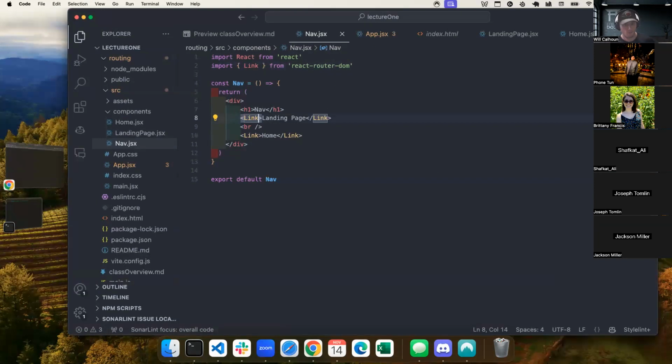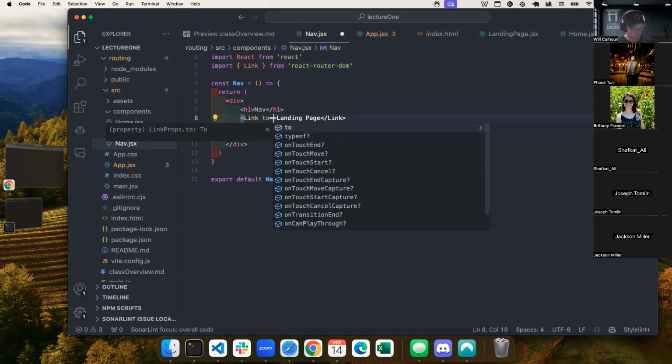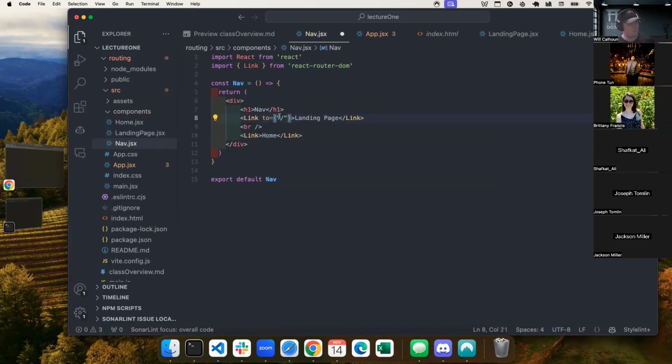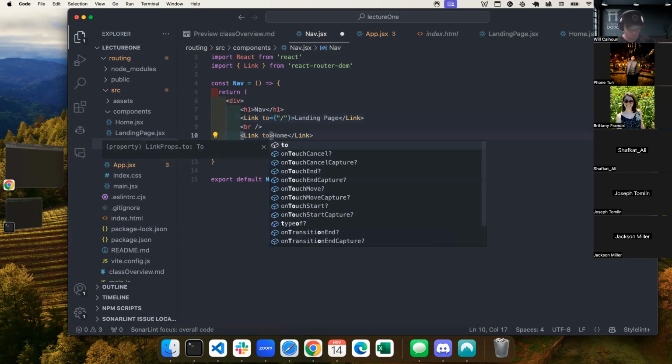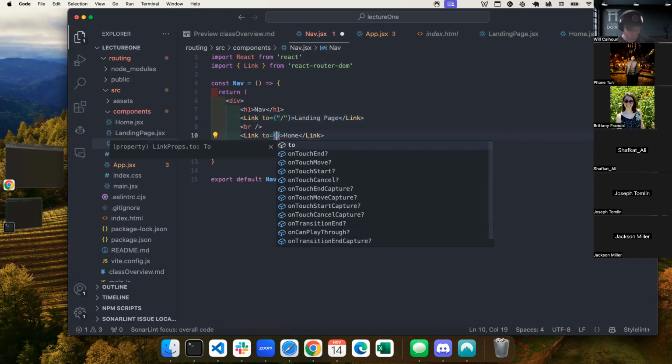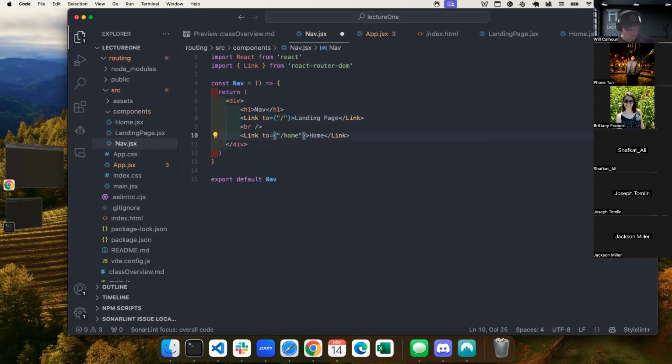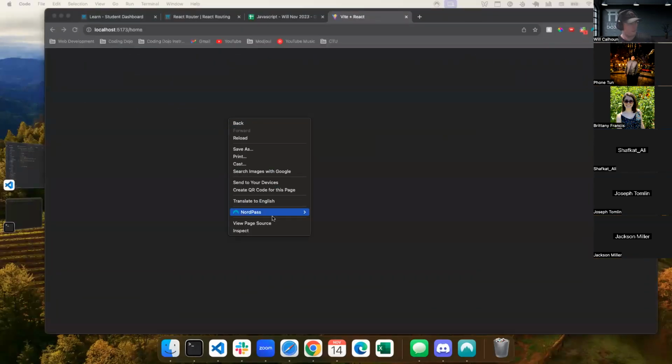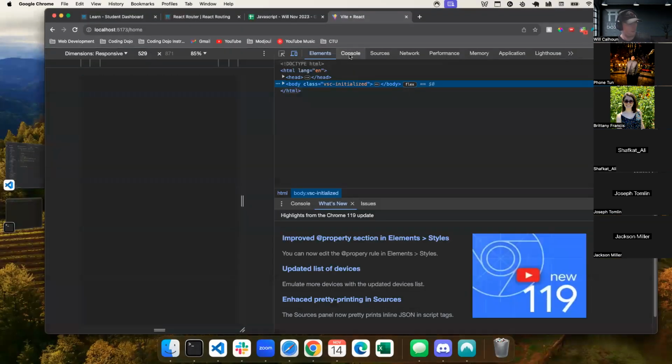And so what I need to do within my actual link portion is put this little attribute called to equals, and then I just give it the route that I want to take it to. So for home, this is the landing page, sorry. So I just have this slash, and that again is just the base root. And then here I say to equals curly bracket, and I'm going to say home.